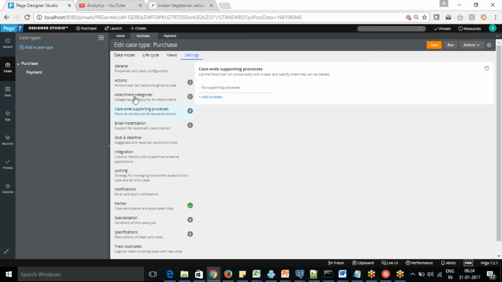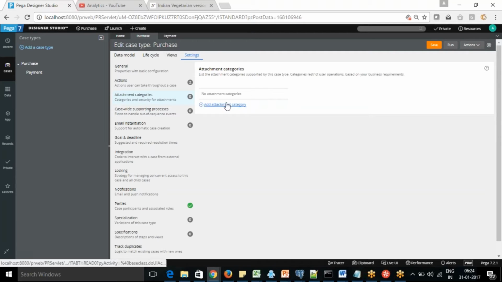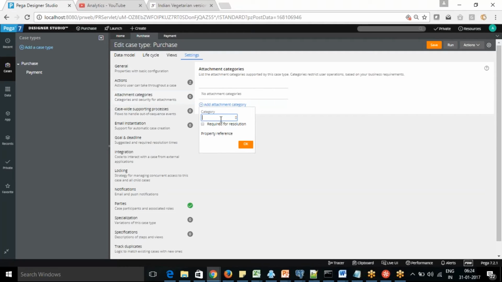There are different types of attachment category. If you want to attach a scanned document, a PDF, or a Word document, you can. For your project, you can see there are 6 types of options. You can attach an email, a file, some notes, a URL, or a scan or scanned document. That type of attachment you can add into your case. This is what we call attachment category.